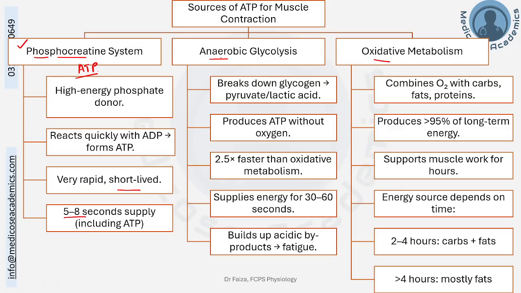Next, we have another energetic system, which is anaerobic glycolysis. It simply breaks down glycogen to pyruvic or lactic acid and produces ATP without even oxygen. This is much faster than that of the oxidative metabolism, but it can only supply energy for 30 to 60 seconds, not more than that, and also it results in building up of the lactic acid, which leads to the